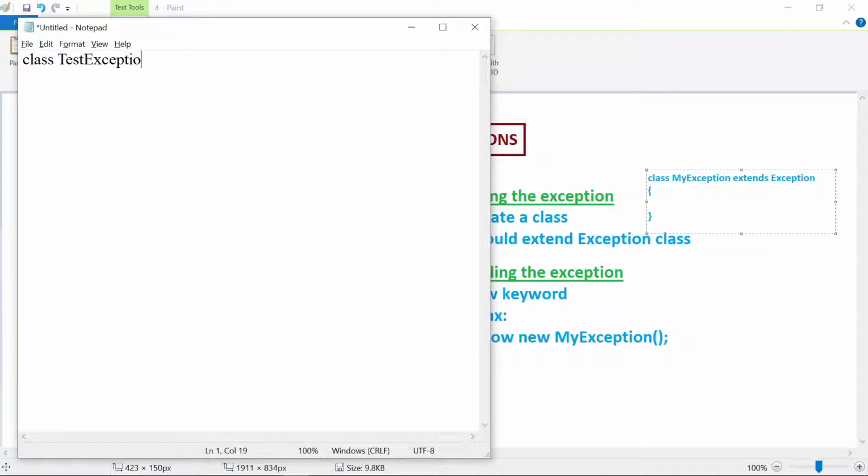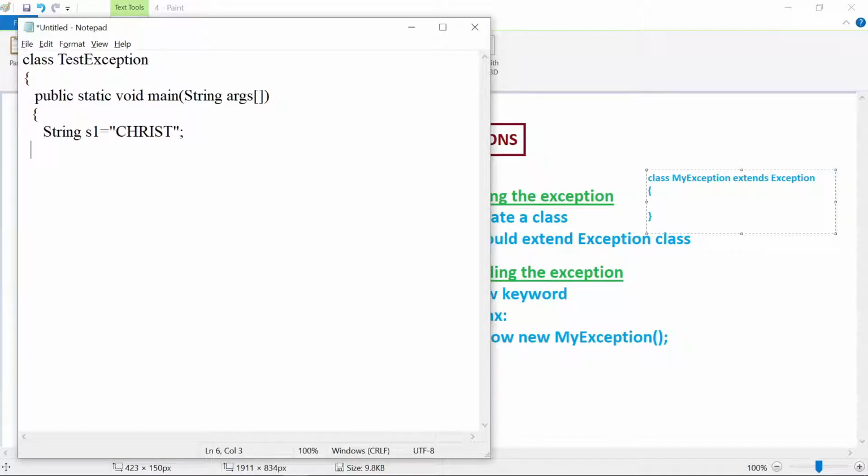Follow this example carefully, all of you. My class is test exception. Here I am writing public static void main. I am writing the basic statements first, what are all the things required. In the main method, I want to ask the user to enter the college name. Before that I am taking one string, let us call it s1 equal to, and I am storing Christ as a name in that.